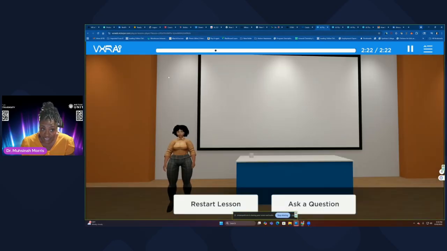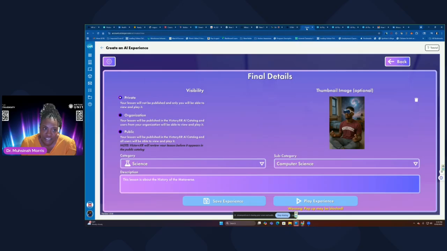But that is how you create an AI teaching assistant in your likeness or in the likeness of someone that you want to instruct your students. And that is just the beginning of the Holotutor.ai platform. So if you go back